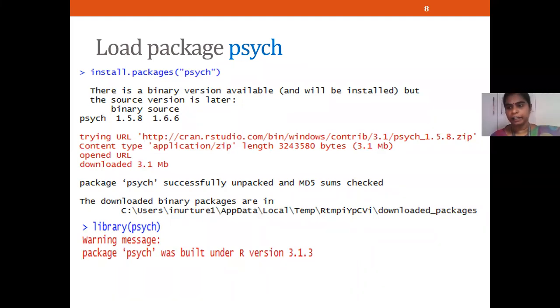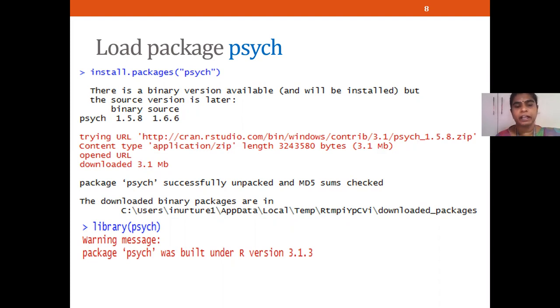How do you install a package? Two ways you can install the package. One is by giving the command install.packages and then library of the package name. The other option is you don't need to write the code at all. You can go to the editor, pick the option install package, just type the package name and then hit enter.